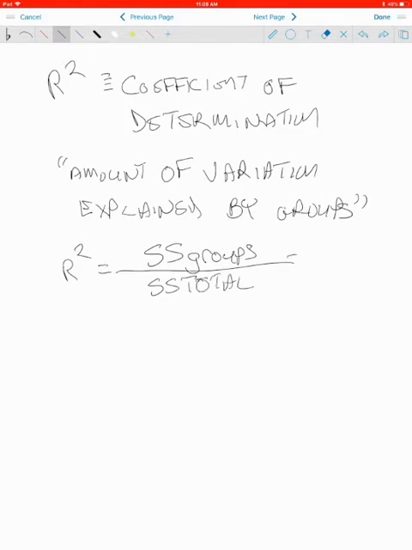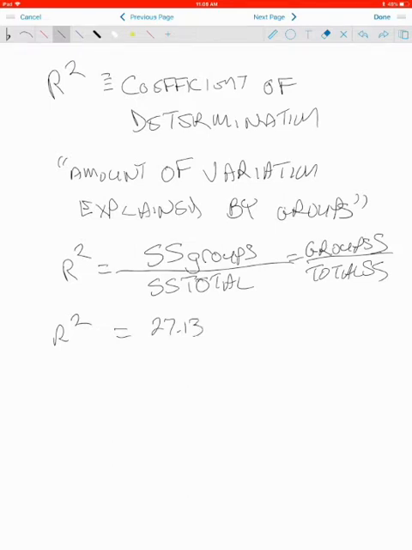Or I guess I was writing it the other way, it doesn't matter. Group sum of squares, sorry, sometimes I flip-flop the way in which I write these, versus total sum of squares. Those are the same things, all right? I just wrote the sum of squares differently. And so in this case, it's R squared equals